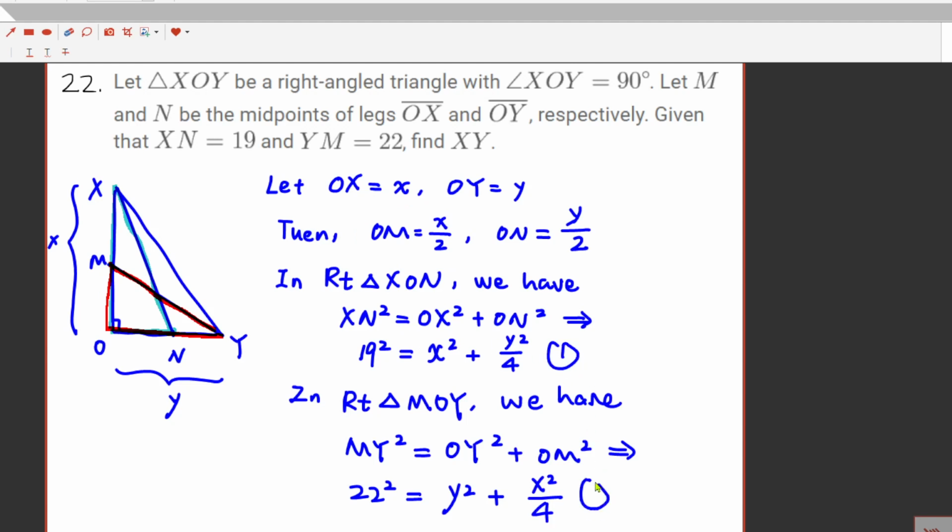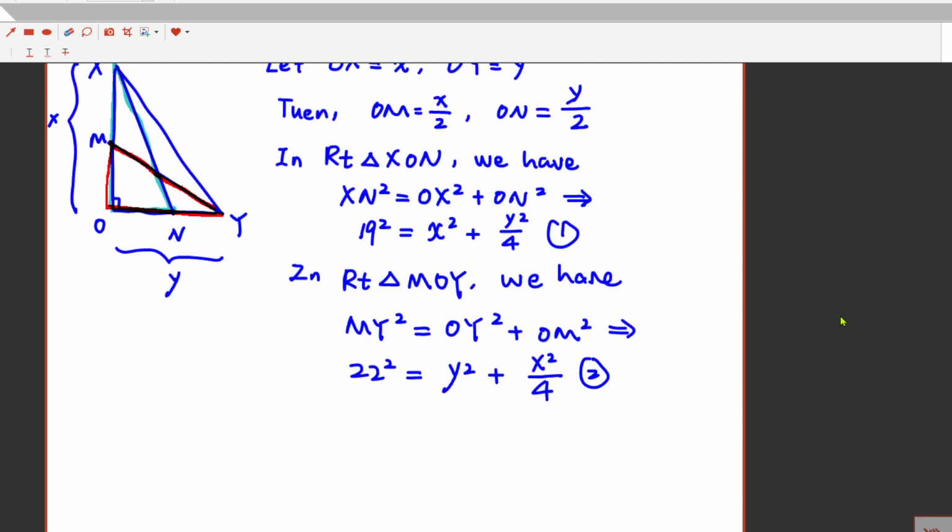So we have two equations. Equation number 1, equation number 2. If you have two unknown variables and two different equations, generally speaking, it's very likely we can solve X and Y, right? Of course, sometimes there's no solution, and sometimes there are unlimited number of solutions. But we can try to solve this system of equations, right? So if you combine equation number 1 and number 2, this will give you